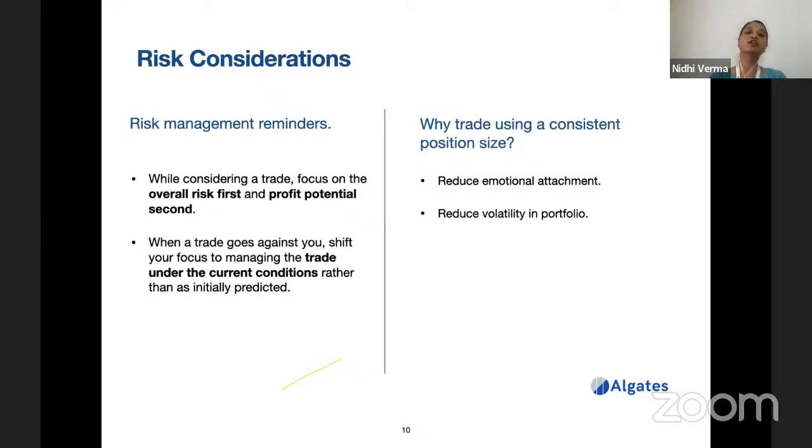What people do is they think of the profit potential first. This is a very big mistake which most people make. They think of the potential profit first, and the risk part, they know that this risk is there, but that is not the first thing which they think of. So this can help them manage the trades better, and even when things are going against them, they will not panic and they will be focused and know how to manage the trade in the current conditions. So this is very important when you are doing option trading.